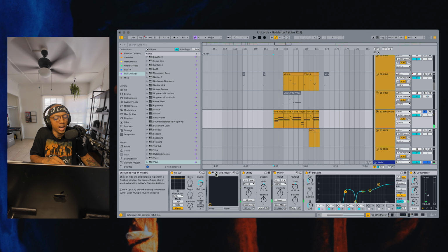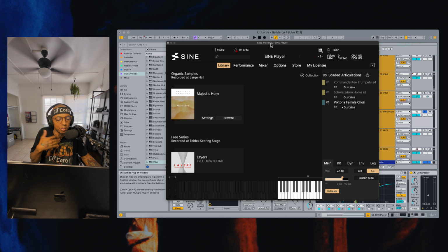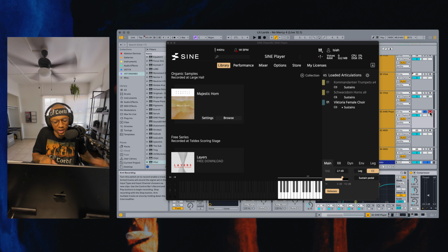And the cool thing about the Sine Player from Orchestral Tools, you can layer as many sounds as you want. So you can literally create your own combinations of things, right? So what I did was I created this ensemble of trumpets, horns, and this female choir, okay? From various different libraries that I have. So it's trumpets, horns, and a choir. And all together, you just have this thing that just...